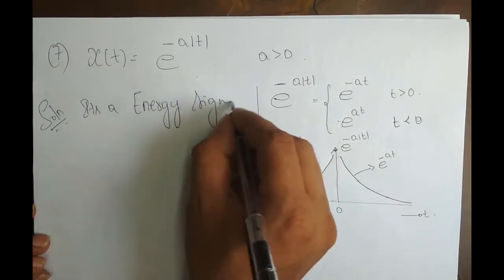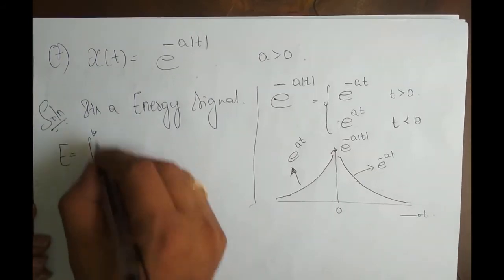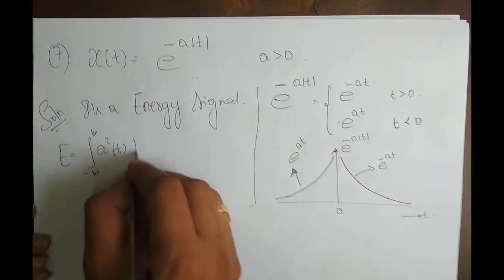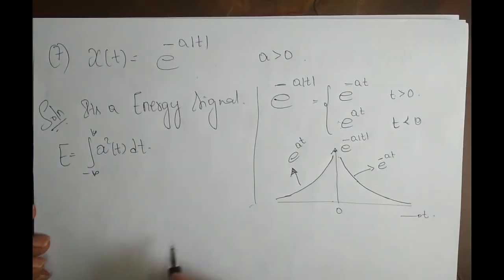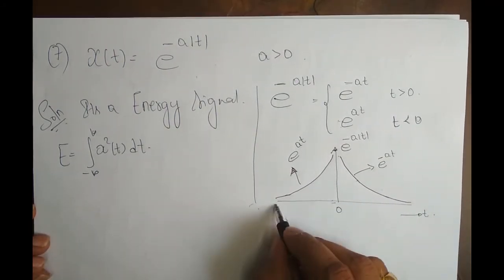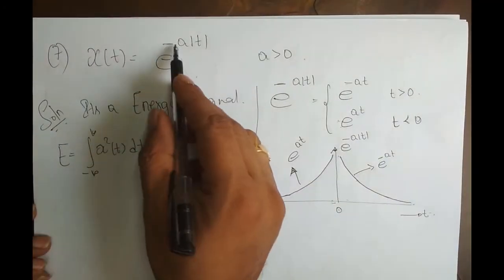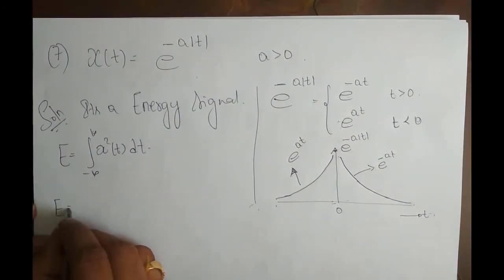It's an energy signal. Now how do we find energy? E is equal to what? Integrating from minus infinity to infinity x square of t dt, right? Now what I'll do, I'll split the integration from minus infinity to 0 one part of the signal, and 0 to infinity the other part of the signal. Okay, as a whole e power minus at, let me write it here, E is equal to